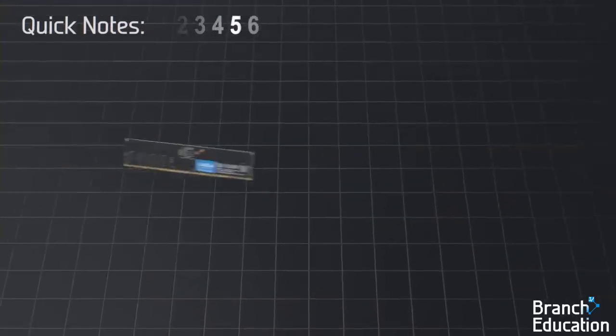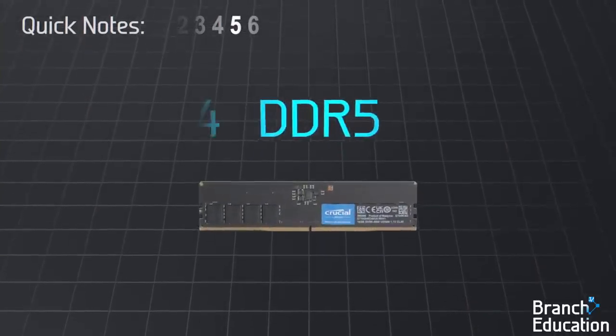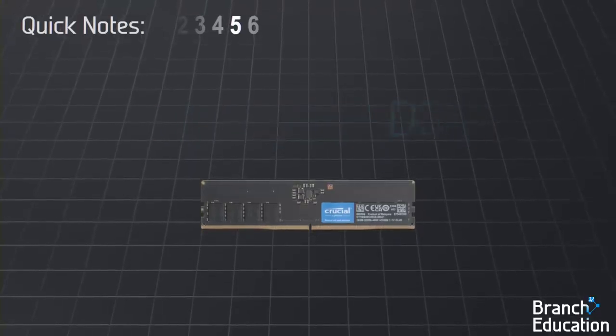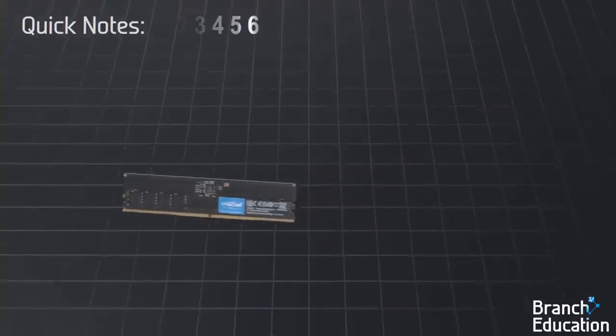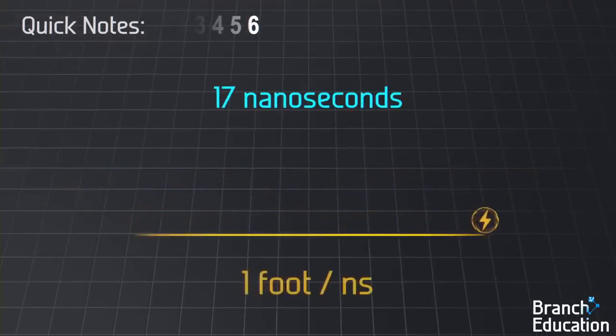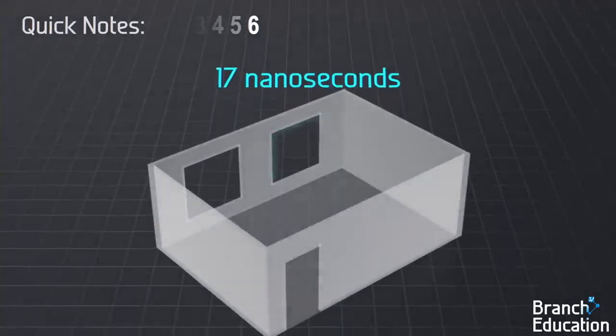Fifth, there are different generations of DRAM, and we'll explore DDR5. Many of the key concepts that we explain apply to prior generations, although the numbers may be different. Sixth, 17 nanoseconds is incredibly fast. Electricity travels at around 1 foot per nanosecond, and 17 nanoseconds is about the time it takes for light to